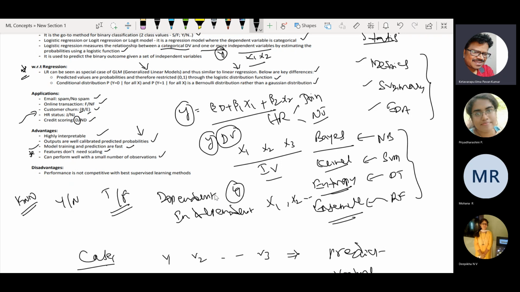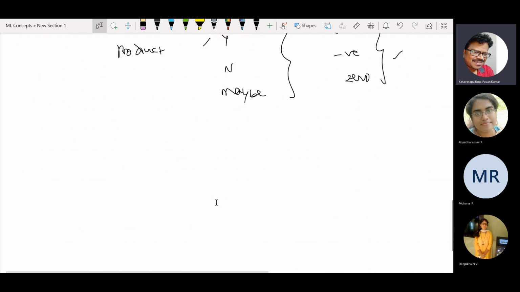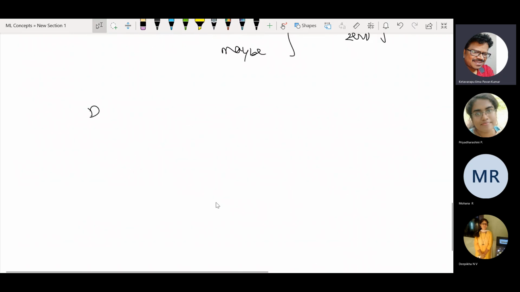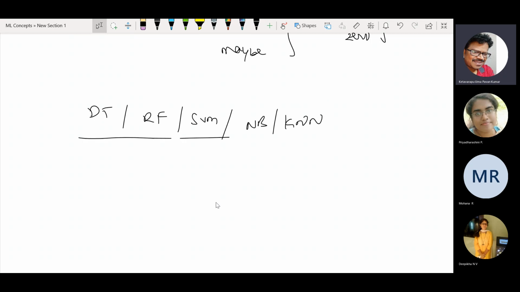Performance is not competitive with the best supervised learning methods, because at the moment I am talking about classification, friends. Immediately decision tree comes into the picture, or random forest, or else support vector machine. If it is text classification, I can go with naive Bayes. If it is a distance measure, I have KNN. Such an immediate connection for machine learning engineers won't be there with logistic regression,